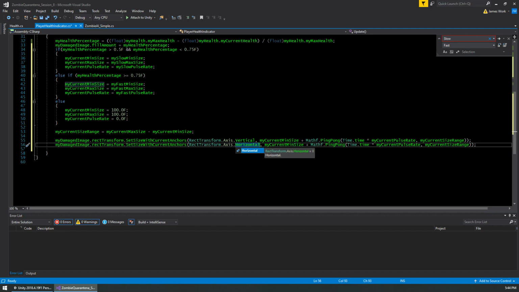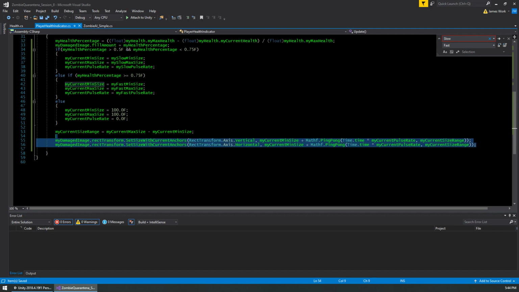You can make them be out of sync if you want to, and it will look funky and weird, but maybe that's what you want. I don't care. Okay, I'm going to click Save. I'm going to leave that up on the screen for a second. In fact, let me just copy and paste this down here because it was so much typing